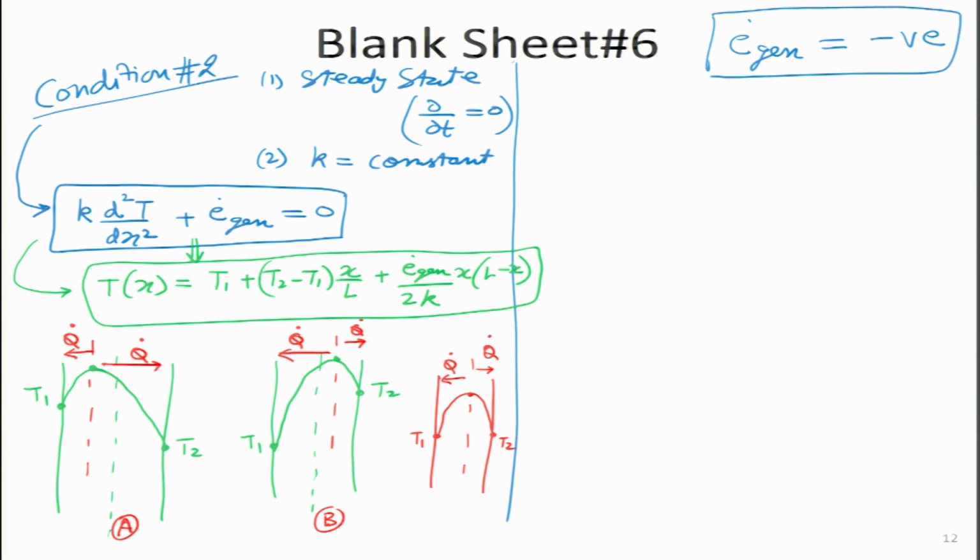So, I will ask that question to the audience members. Can energy generation actually be negative? Of course, it can be negative, because if you remember, under what conditions we told that it is actually positive. One condition we told that the energy is being generated because of metabolism inside the body. Another condition is if there is some current flowing through a conductor, so a lot of joule heating is taking place, so the temperature is rising.